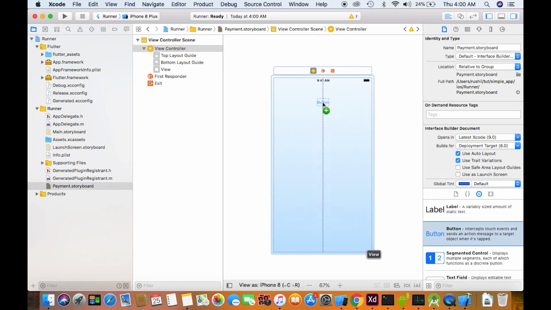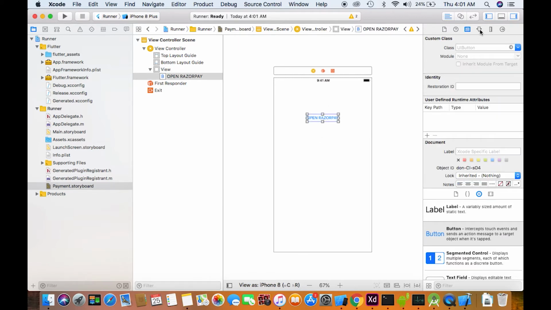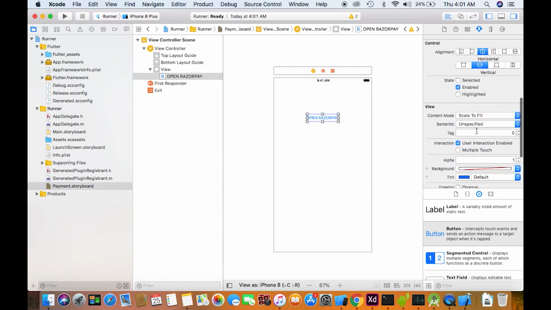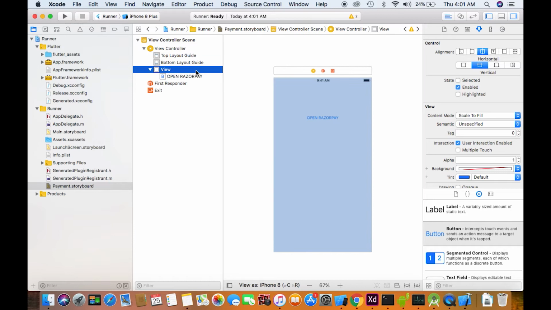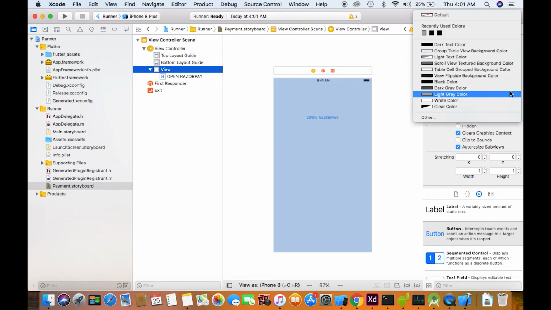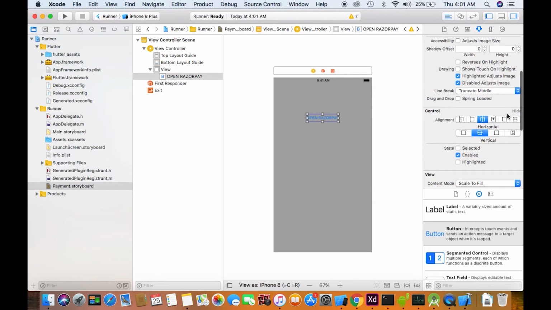We can type the text, like pay now, open Razorpay. If you go here, you can set the color and everything. You can even change the background color of this, and you can create a background color for the button also if you want.